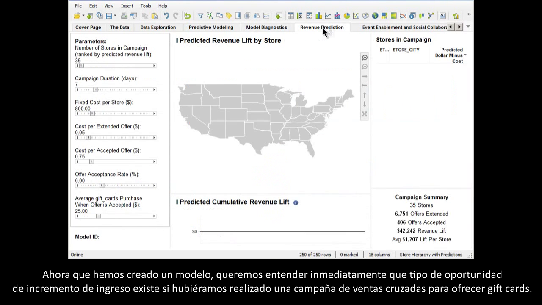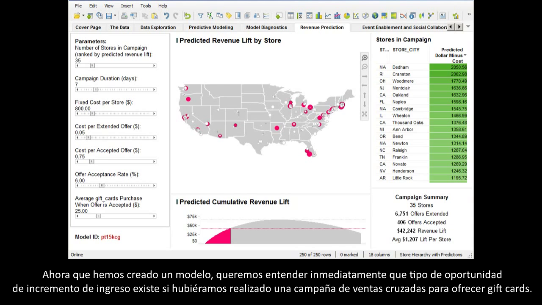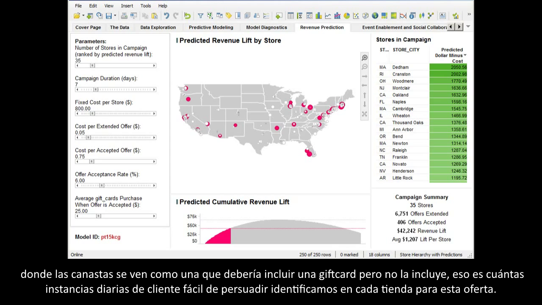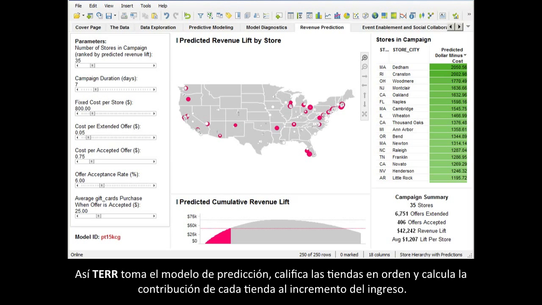Now that we have created a model, we want to immediately understand what kind of revenue lift opportunity exists if we were to run a cross-sell campaign to target offers for gift cards. So TERR, Tibco Enterprise Runtime for R, has taken our model and generated predictions of how many transactions there are at each of the 250 stores in our chain where the basket looks like one that should include a gift card but does not. That is, how many daily instances of a persuadable customer do we identify at each store for this offer? So TERR takes the model predictions, ranks the stores in order, and calculates each store's contribution to